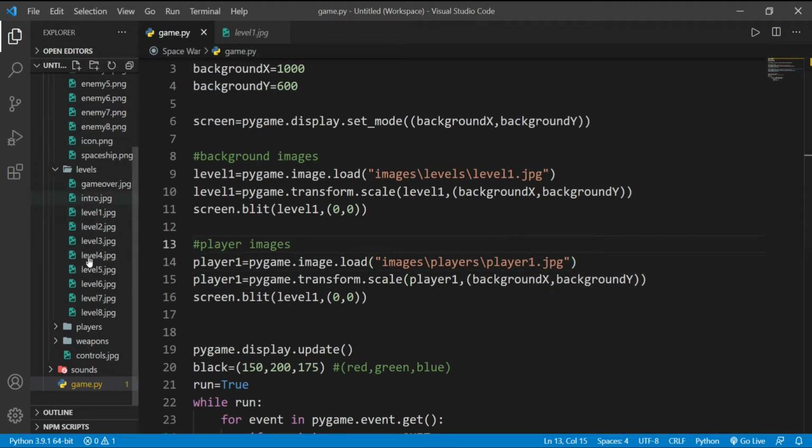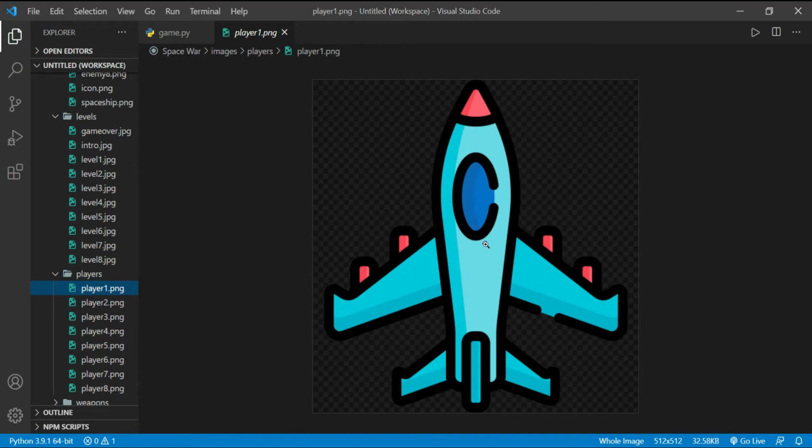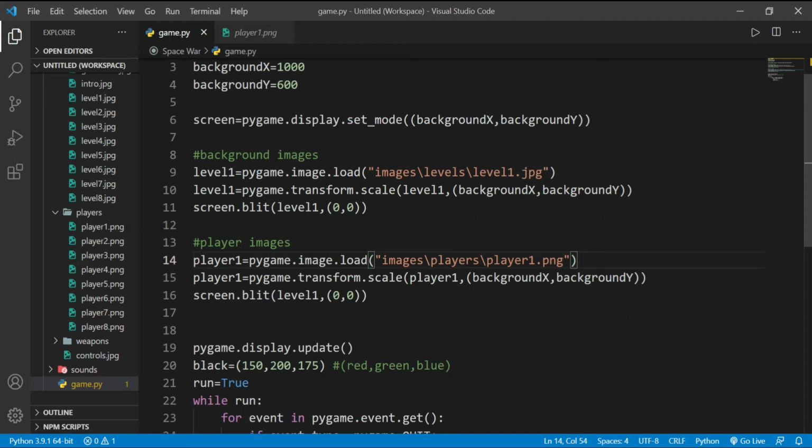And now let me show you the image of our player1.png. Okay, so this is our player which we are going to use in our game. Now I will correct this to png since our player's format is .png.